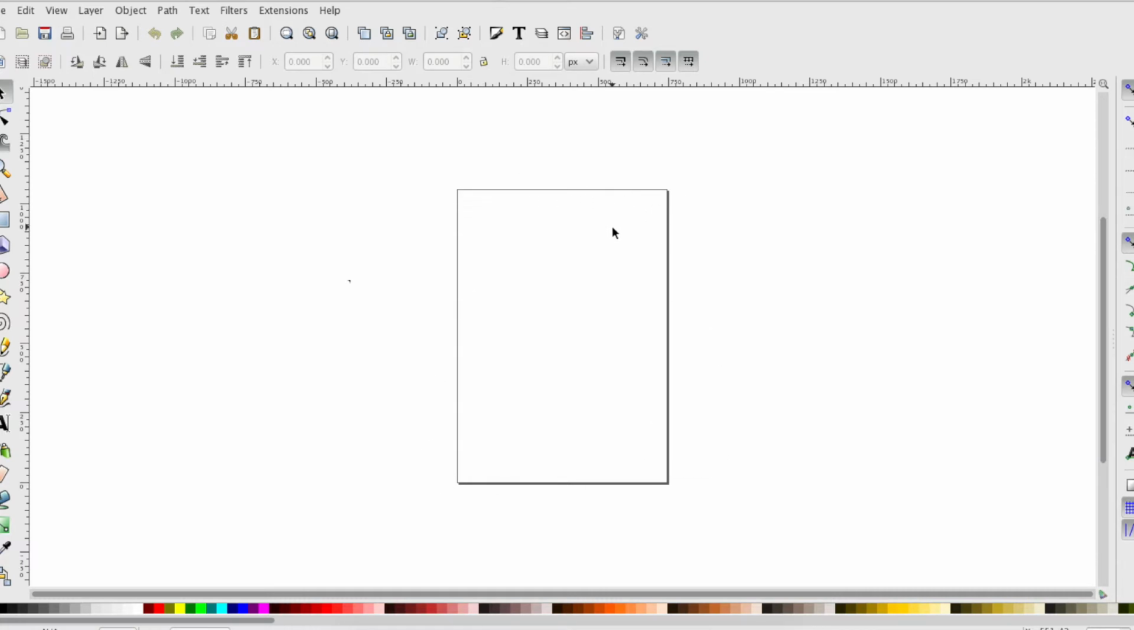You can change your document size. We're not going to worry about that right now. What I want to do for our tutorial is show you how I use Inkscape, which is to basically replicate things that I find that I want to copy. So in this case, we'll just go to Google,